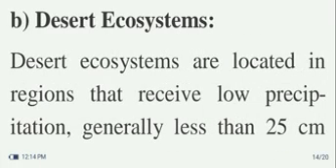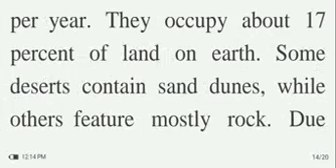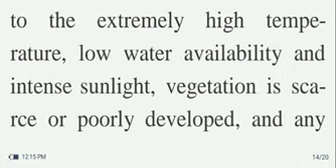Desert ecosystems. Desert ecosystems are located in regions that receive low precipitation, generally less than 25 centimeters per year. They occupy about 17% of land on Earth. Some deserts contain sand dunes, while others feature mostly rock. Due to the extremely high temperature, low water availability, and intense sunlight,